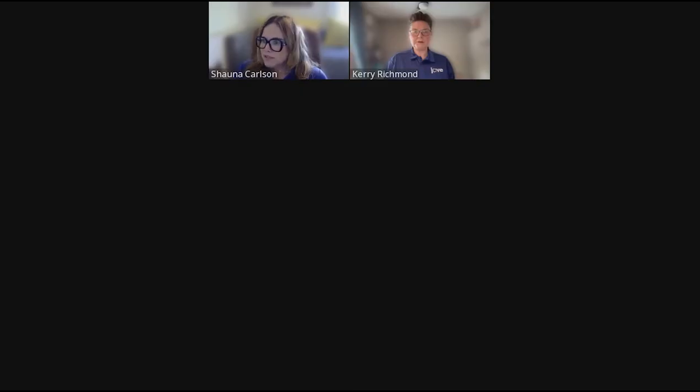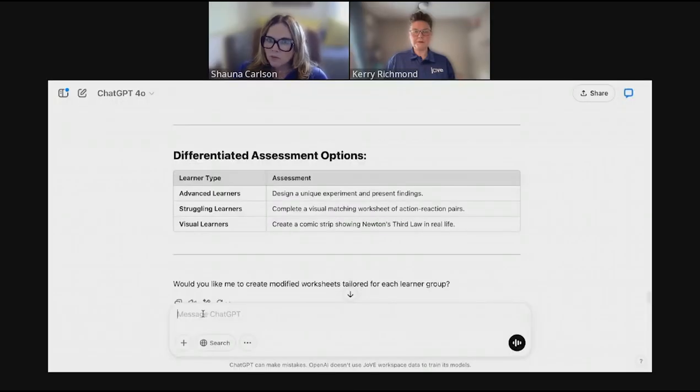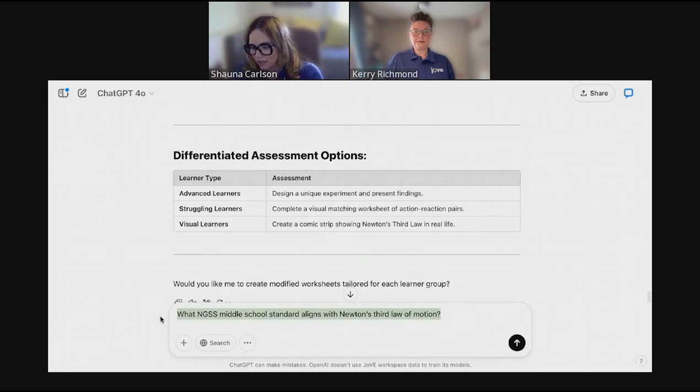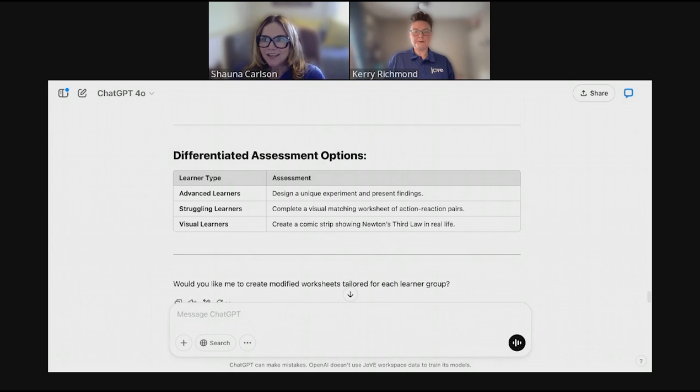And we'll do the same thing that we did for middle school. We can do it for high school. You could do it for elementary, whatever it is that you're teaching, math, anything like that. So my first prompt I like to enter is, that was the old one. I need to get the new one, for what aligns with,